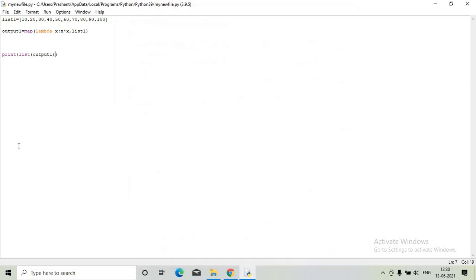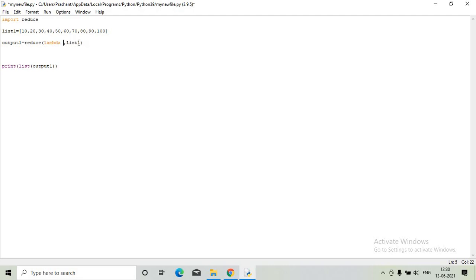And we have reduce. In order to use reduce, we have to import reduce here. Again we have the lambda function. What is the reduce we are going to do?